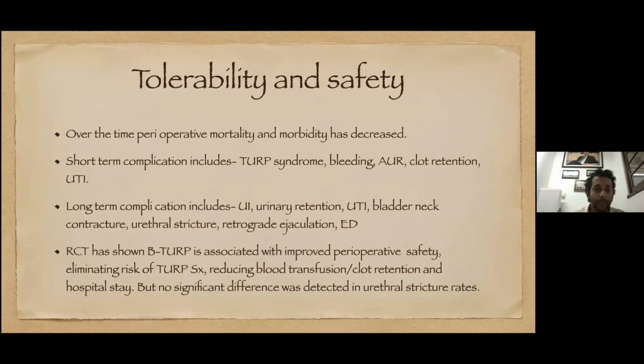When we come to tolerability and safety, over time perioperative mortality and morbidity have decreased markedly, but the short-term complications include TURP syndrome, bleeding requiring transfusion, acute urinary retention, clot retention, and urinary tract infection. Long-term complications include urinary incontinence, again urinary retention, urinary tract infection, bladder neck contracture, urethral stricture, retrograde ejaculation, erectile